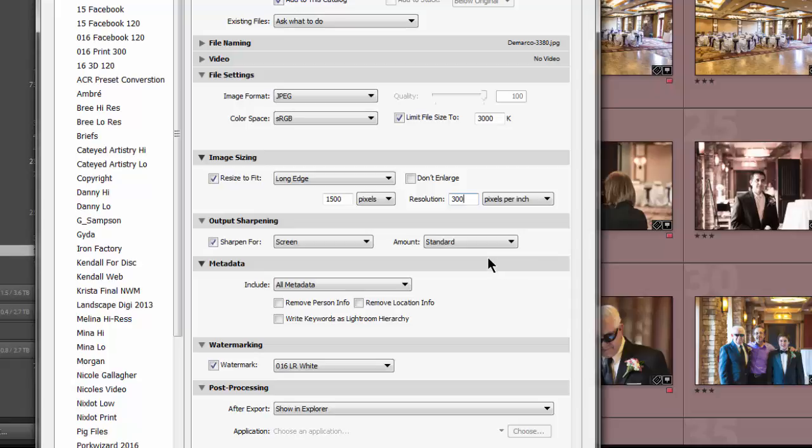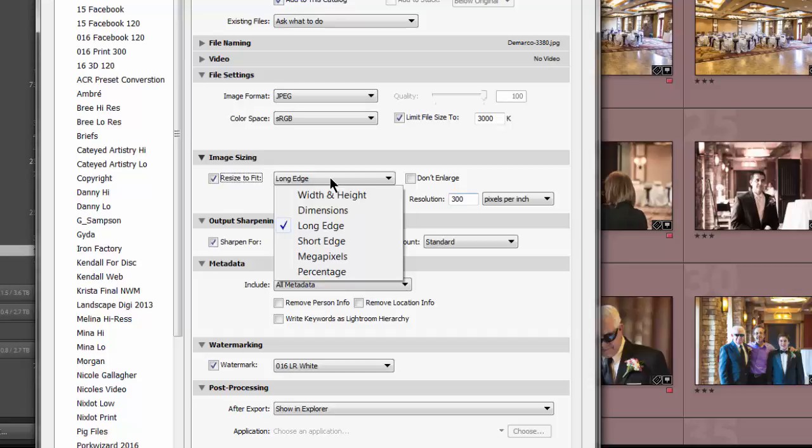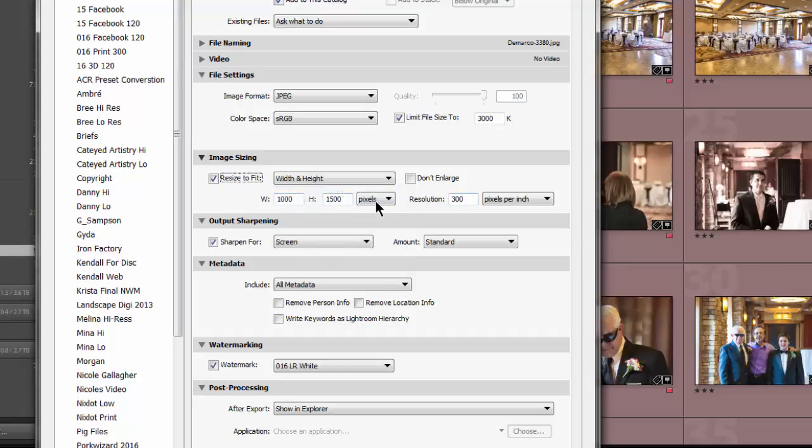I go with 300. Okay, and actually, if I was going to print, I might not choose 1500 for the long side. I might actually just leave it for what it is. Or if I have a specific size that I want, here I'm going to go into inches,